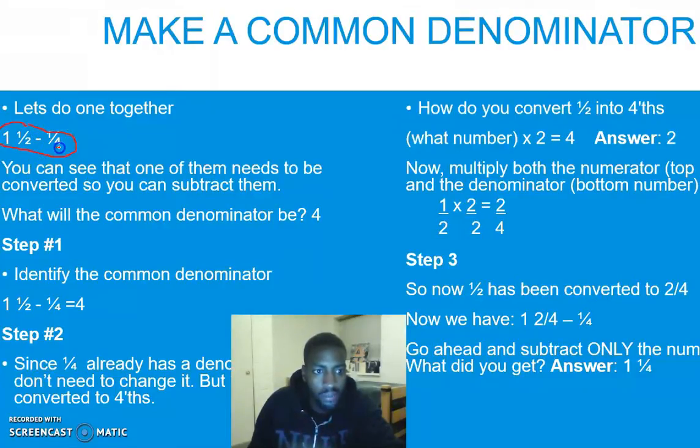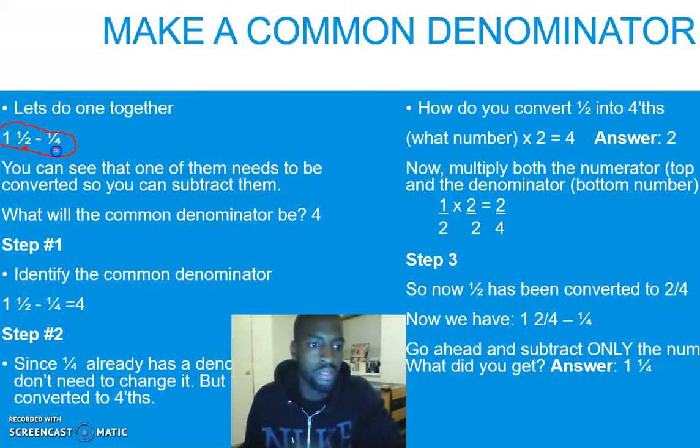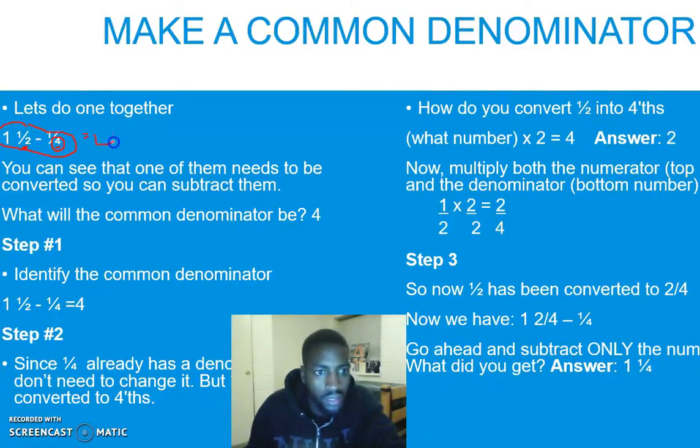Remember when I said common denominator, we're looking at two fractions. The common denominator would normally be the larger number right here. So the larger number is 4. Step 1, identify the common denominator. See, we identified it, which is 4. So step 2 says,